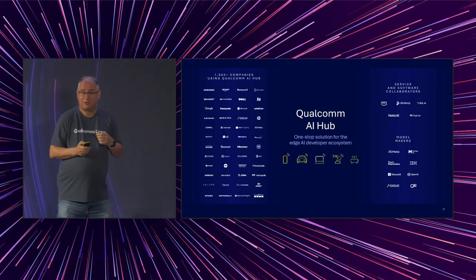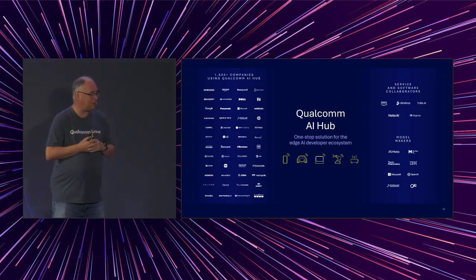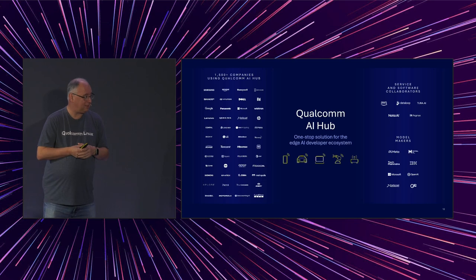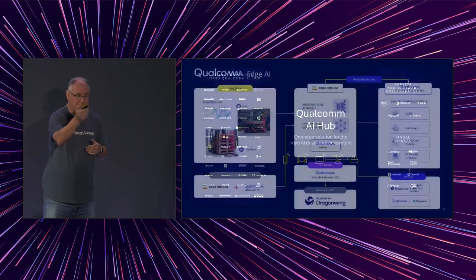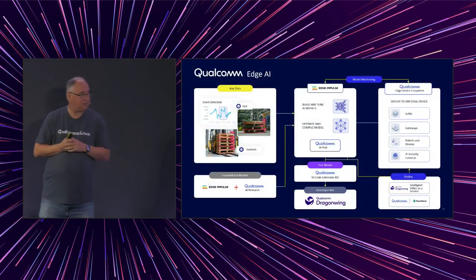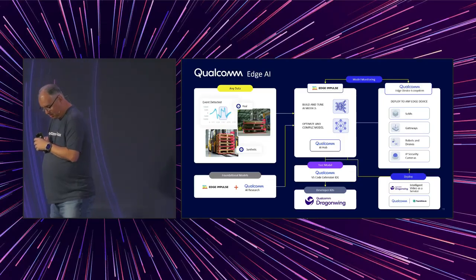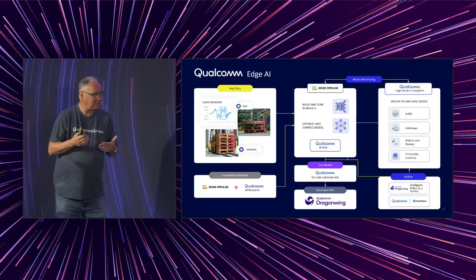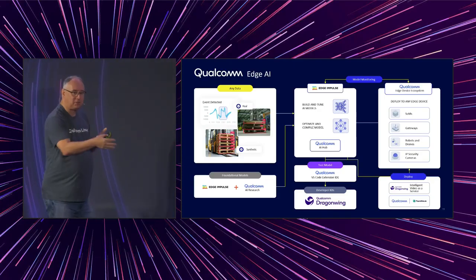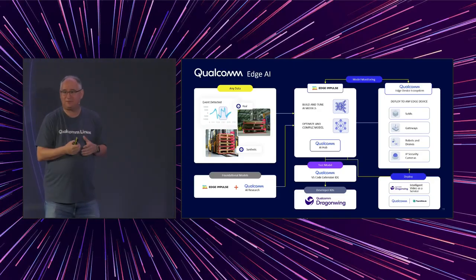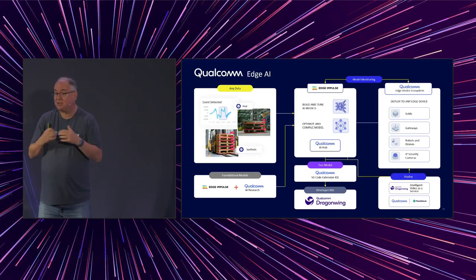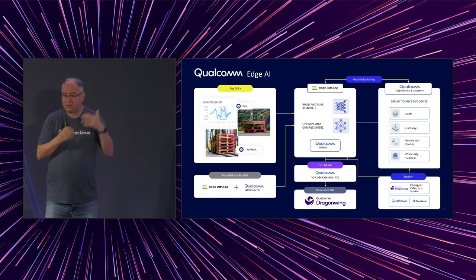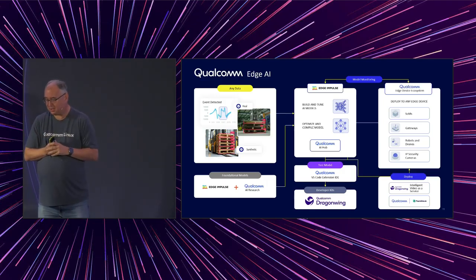So that brings together the third one that I'm particularly excited about. This is the acquisition we did a few months ago, and that is with Edge Impulse. What Edge Impulse can do is push these models out to the edge, to the end devices, these IoT devices. It can also gather data from these end devices, and then use that to retrain the models, and then update the models again.